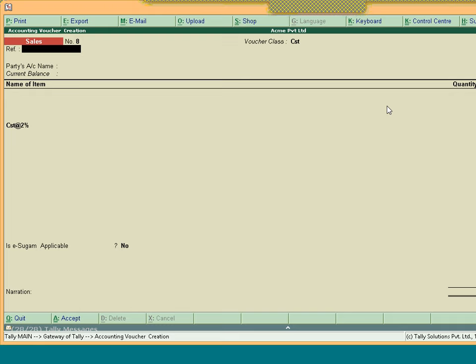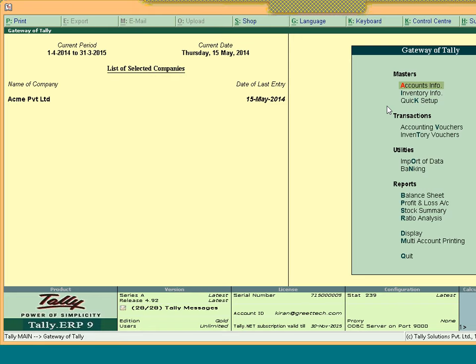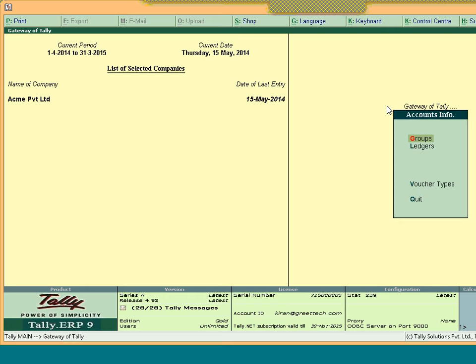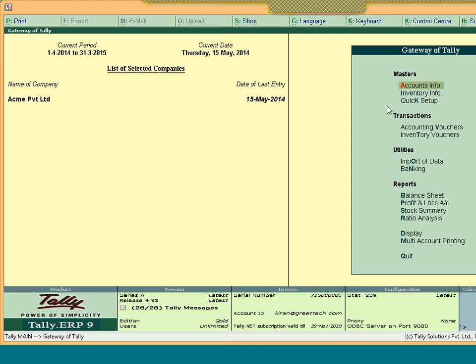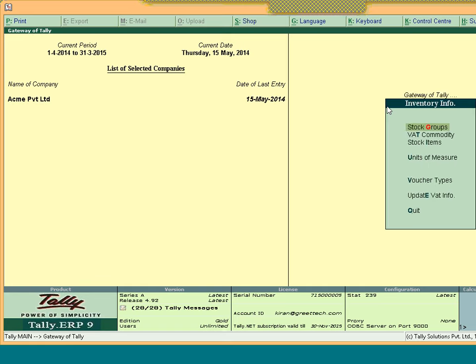Before we end this long session with some advanced reporting, let us look at some other useful features which are available in Tally. There are many configurations to activate capabilities. We will touch on a few of them and we will show how it will be useful. So most of the customers are asking for serial numbers to create in Tally. So we have an option in Tally where we need to enable use additional descriptions for item name in F12 configuration. When you go to inventory info, stock items, here you create a stock item as